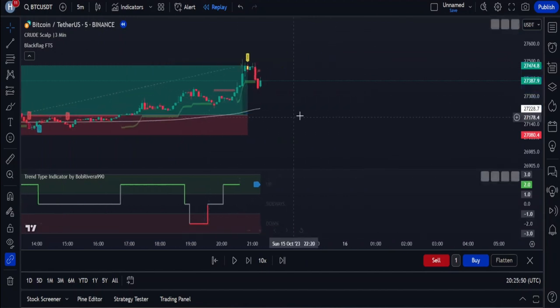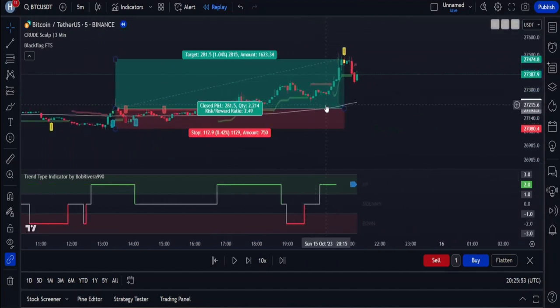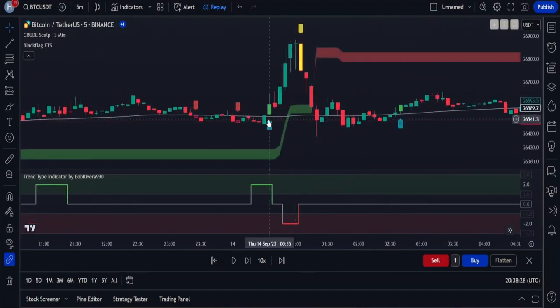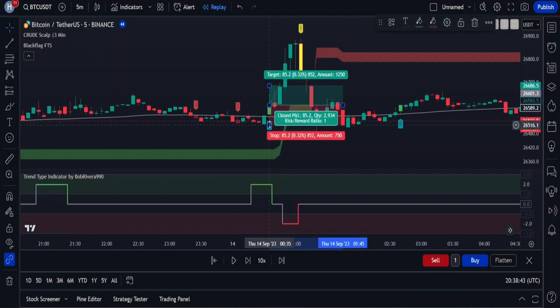Now, let's go through one more example of a buy trade so that there is no confusion left. Here we got a buy signal above the moving average line, and we can see it is also above the green graph of the black flag indicator. And for final confirmation, we can see we have got a green line in the green colored zone of the trend type indicator. So I will open a buy trade here, and then set my stop loss at the recent